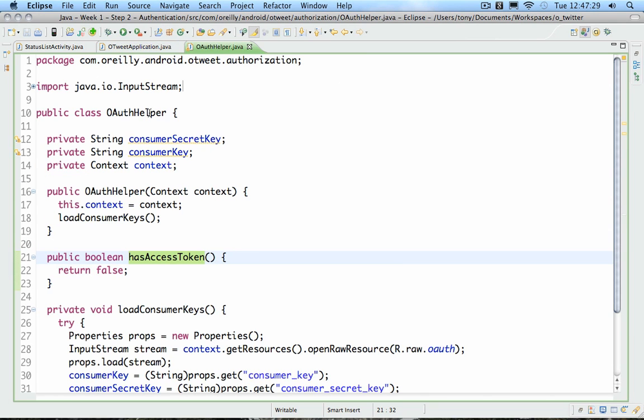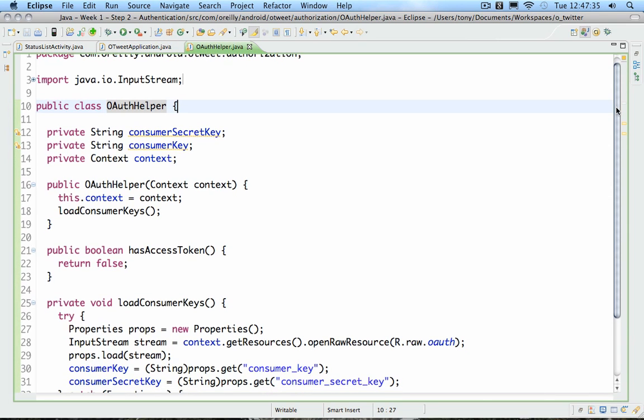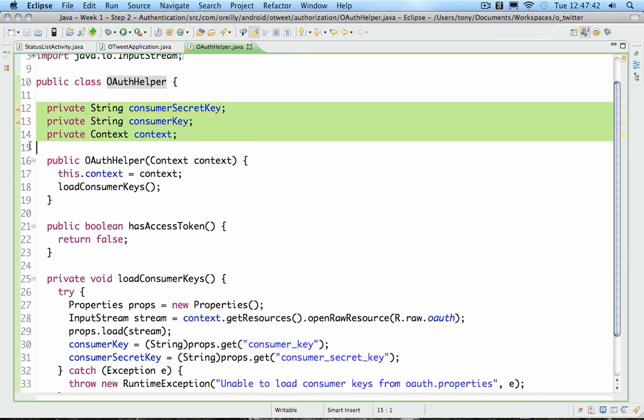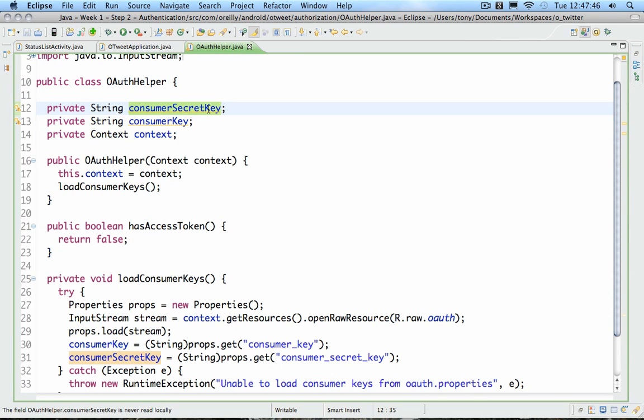And again, this isn't any special class. It's just something I've created to delegate off dealing with OAuth keys and whatnot. So there's a couple things that I'm going to keep reference to as the OAuth helper is alive. I'm going to keep the consumer secret key and the consumer key around in memory, and then I'm also going to have a context because I'll need to do some things